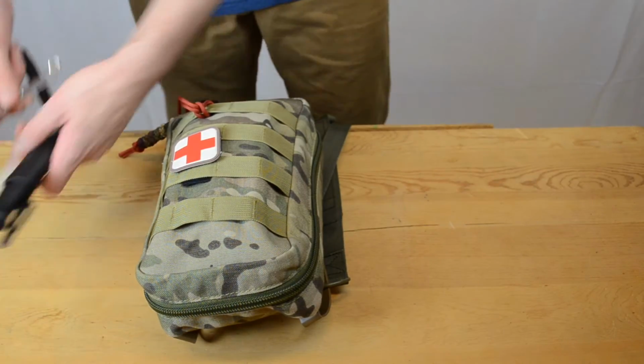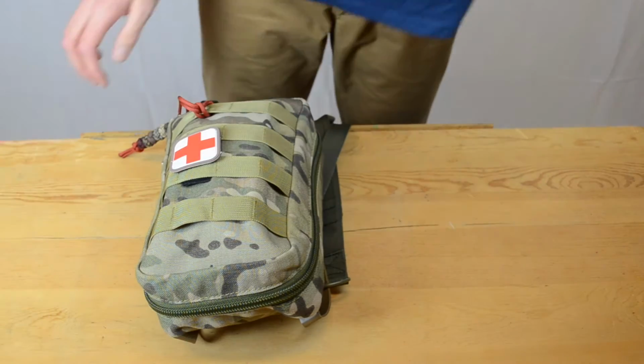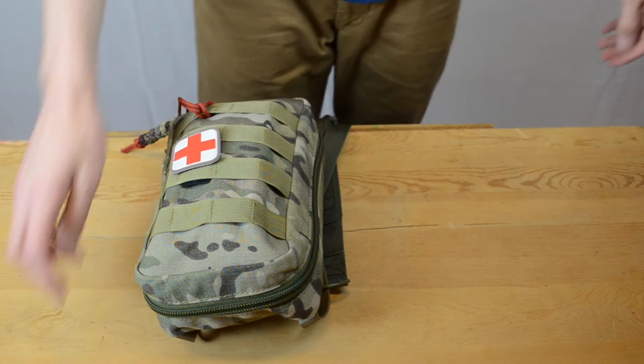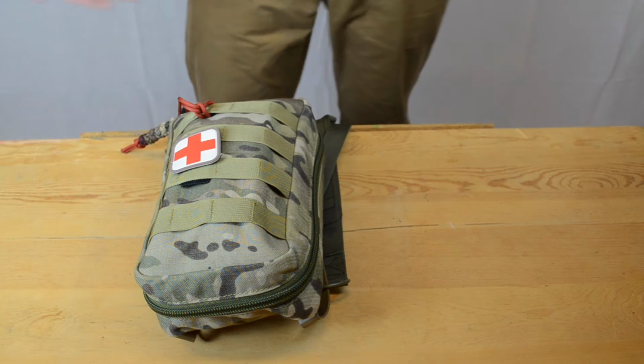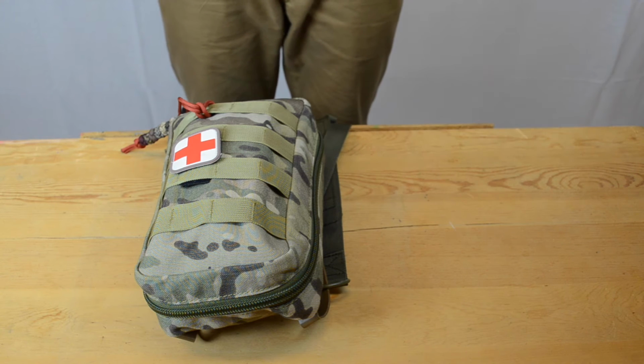Alright, so now we got all this stuff that I carry on the outside out of the way. Take a look at what I have on the inside. Now, this is constantly changing depending on the season, depending on how long the trip I'm going on is. Like if I'm just going on a day hike or a daytime adventure like you see in my most recent video